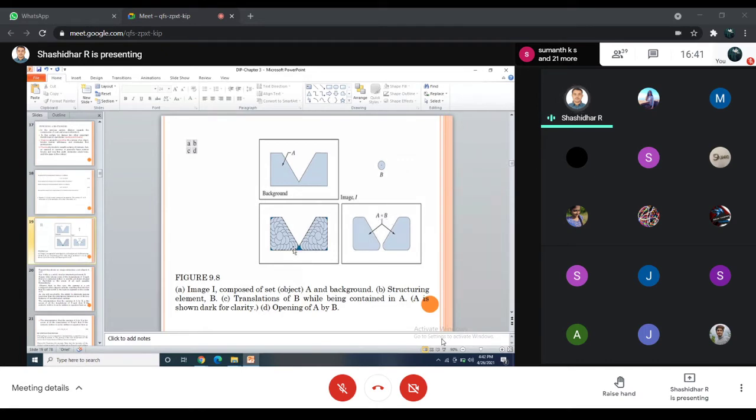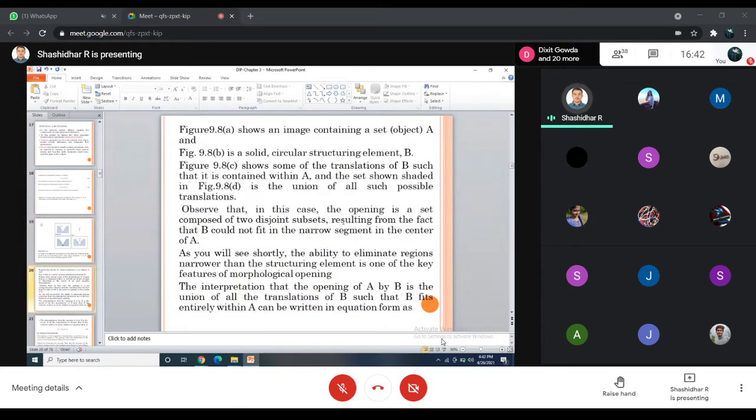See here, when you fill, some of the gaps are removed. Some of the gaps are there in these corners and also in the middle. So here we remove these portions, and now you know the structure of A and B. A open with B: this is the A when the structuring element is inside the B. So this is called opening.